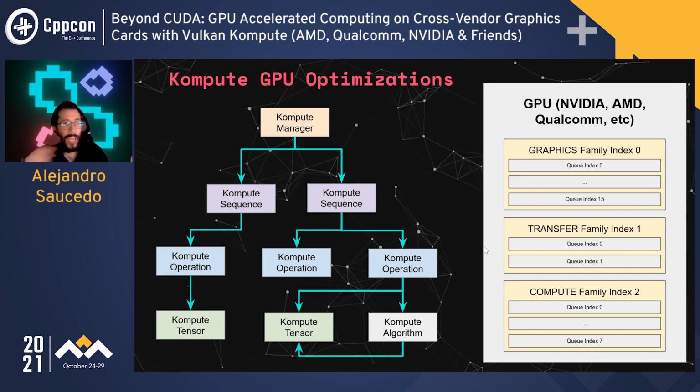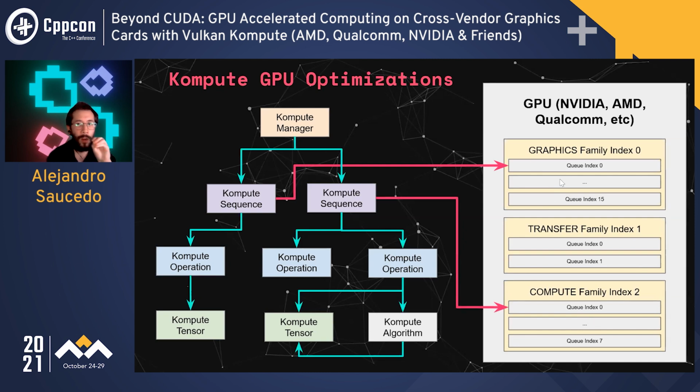So in my graphics card, it just so happens that it is possible to actually run parallel workloads across one queue in the graphics family and one queue in the compute family, right? So if I was to put a workload in Q0 of graphics family and Q0 of compute family, those two would be able to run in parallel, right? However, if I was to put a workload in graphics Q0 and 1 and 2, those wouldn't run in parallel, right? So that's the nuance